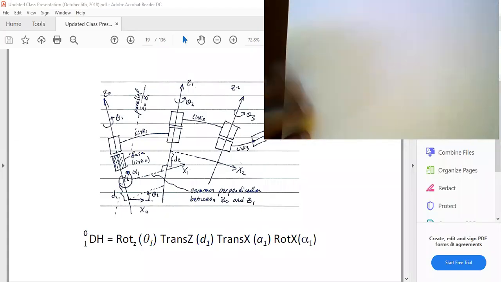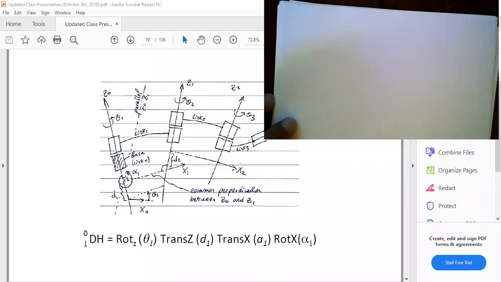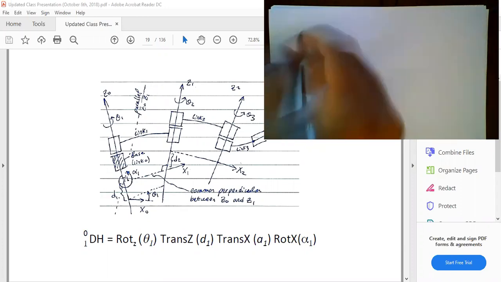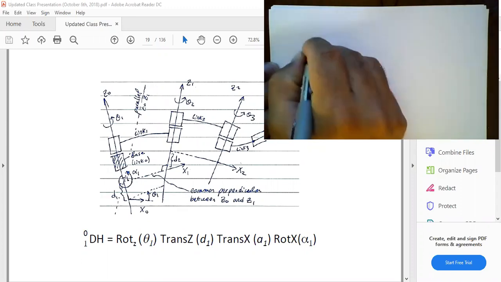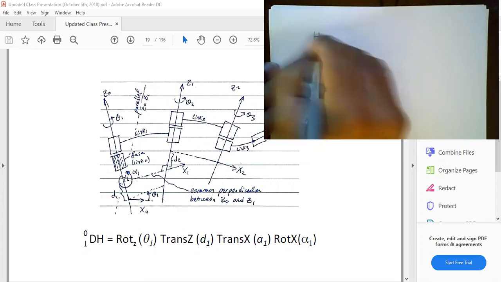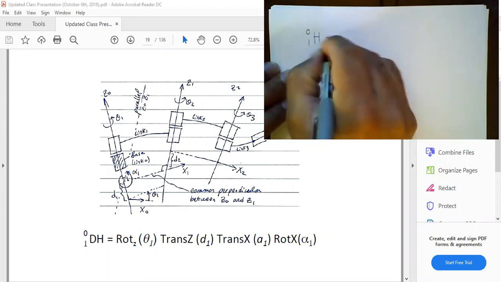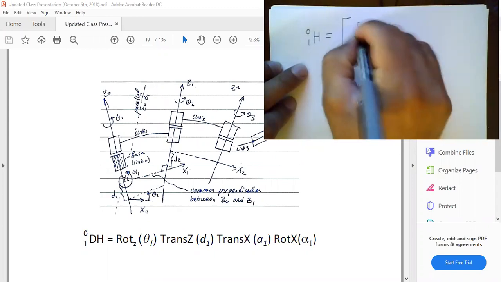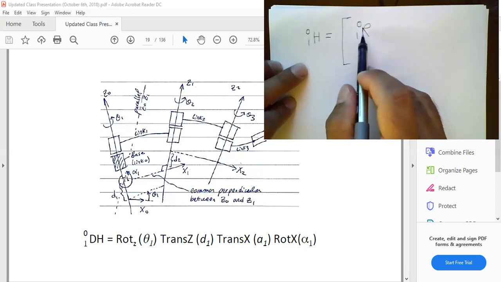Hello guys, in this lecture I'm going to go over the DH transformations in detail. The DH transformation is essentially a form of a homogeneous transformation, which we said last time. If I have a homogeneous transformation, let's say I'm calling that H01, it entails having a rotational